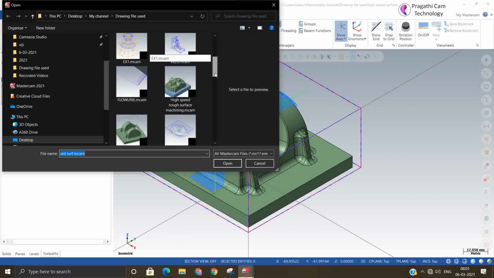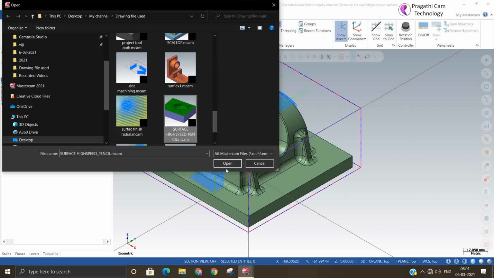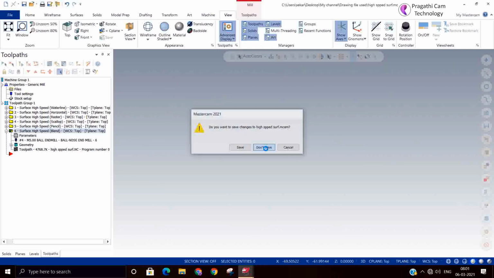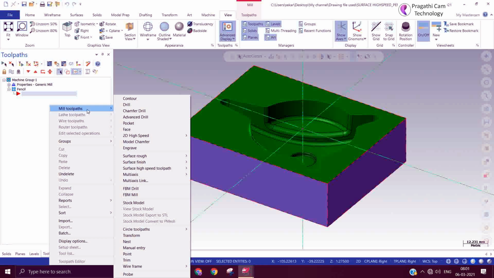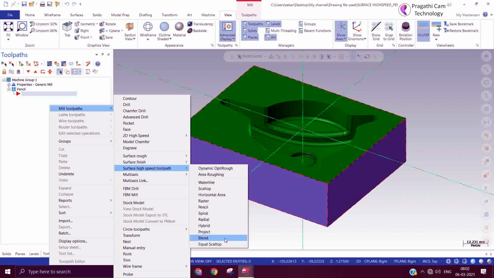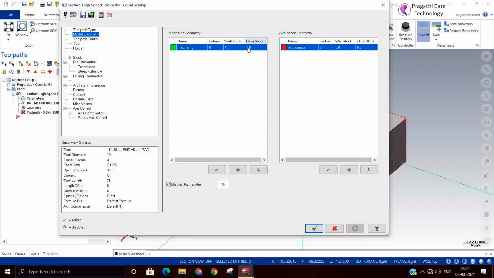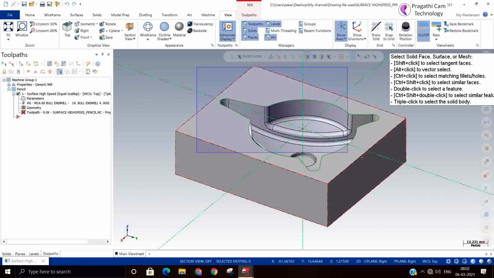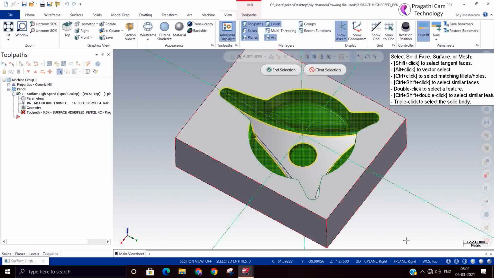Next we'll see the constant scallop toolpath. So toolpath, surface high speed, equal scallop. I'll keep the stock 0. I'll select the surface. I need the entire surface. Oh, something is not right.